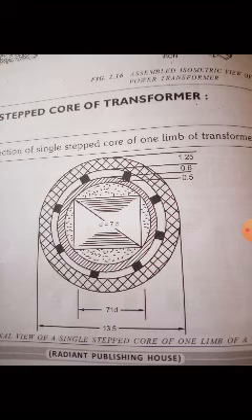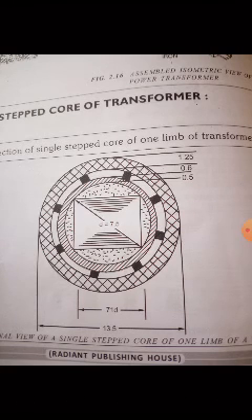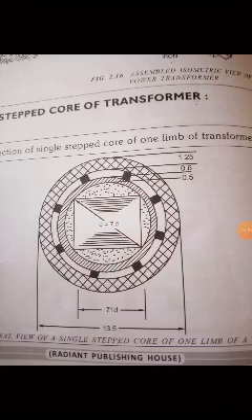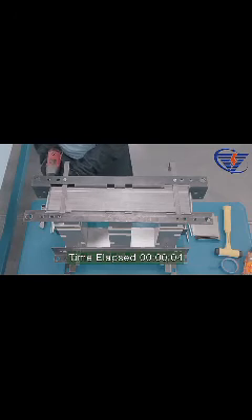Generally we will draw one single step core type transformer. But before drawing these diagrams, why? Because this is a combination, you have to use geometric instruments, and at the same time we will draw with the help of a drafter, to make the laminations. So first of all, we'll look into the video which we have collected. Let us look at it. I hope you will understand.